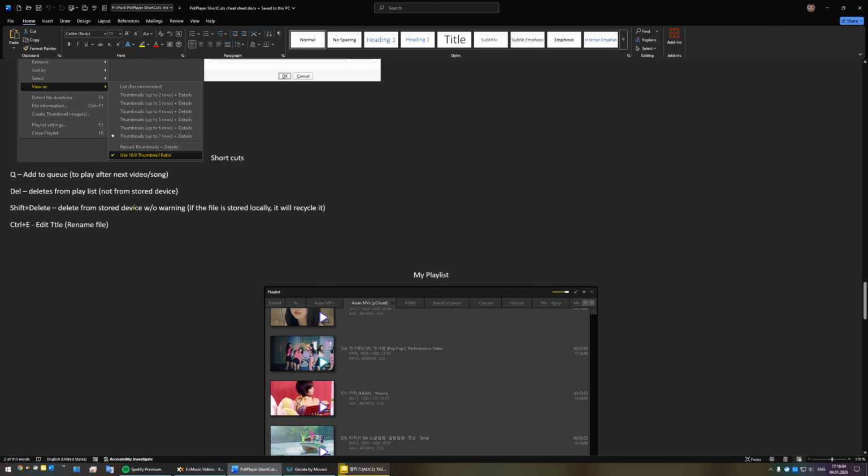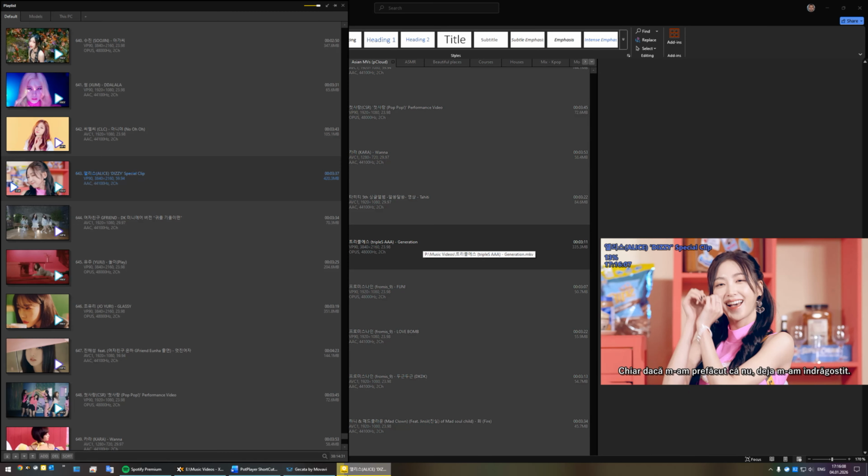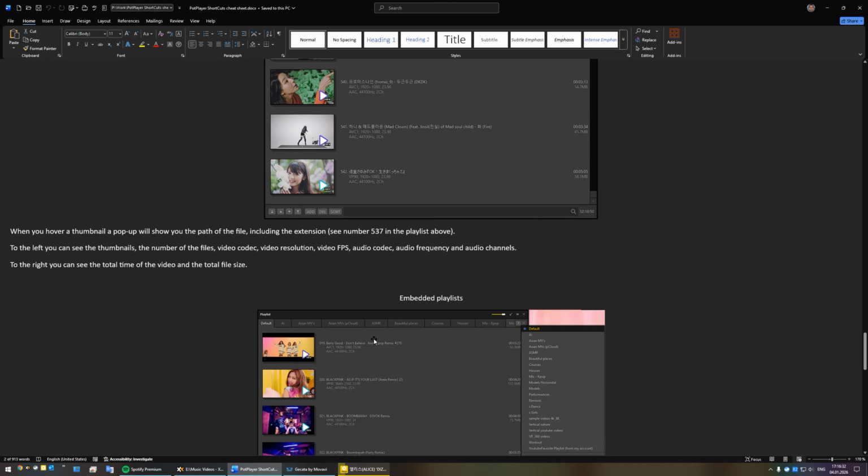this is very explainable. I still need to explain some of the things, like if you hover a file on the playlist, it shows you the path of the file. You see music videos, the file name, and even the extension. Okay,